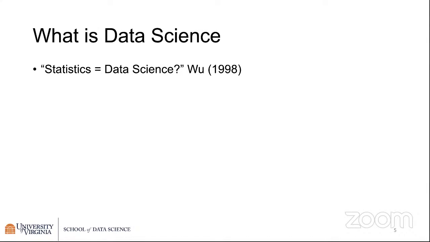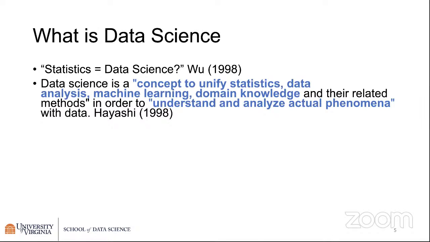But to get more serious, what is data science? Actually, data science has been a field or a topic of discussion in academia, in business, and in government for a long time, at least since the 1960s. It's been definitely in papers that people have talked about data science. In 1998, Wu gave a very interesting talk in Michigan where he said that really data science is statistics. But since then, and frankly even then, most people didn't believe that. In fact, they felt that it's quite different. It's an area in and of itself. But what is that area in and of itself?